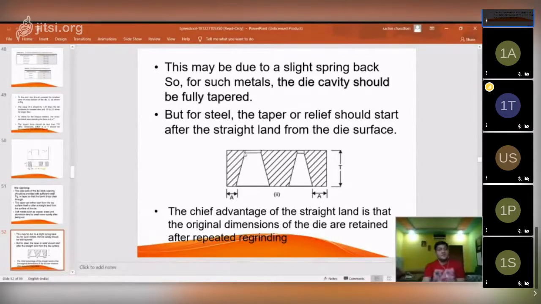And why does it happen? Due to this repeated operation in case of soft metal.